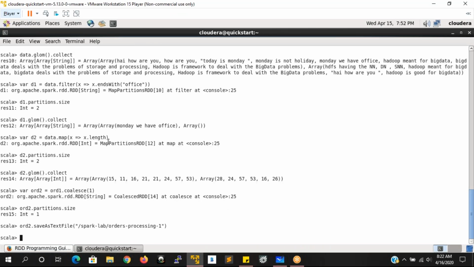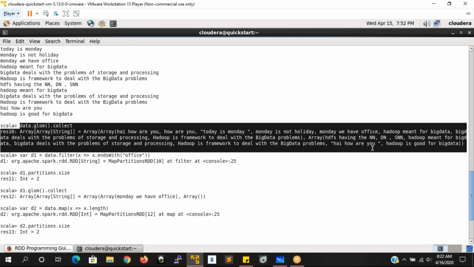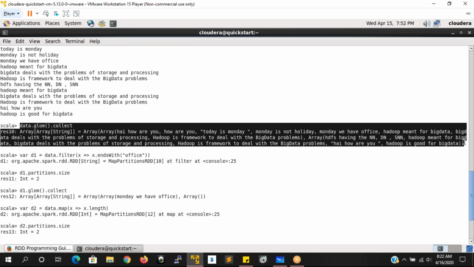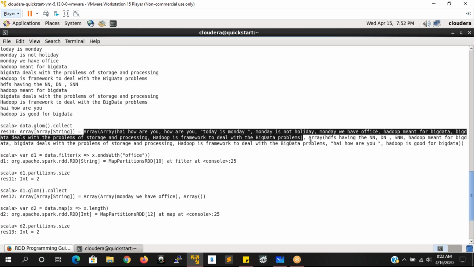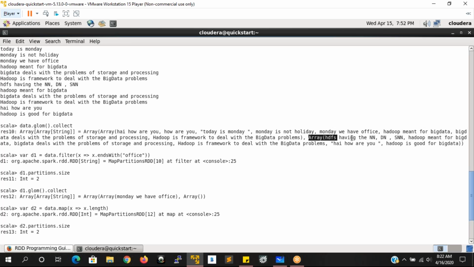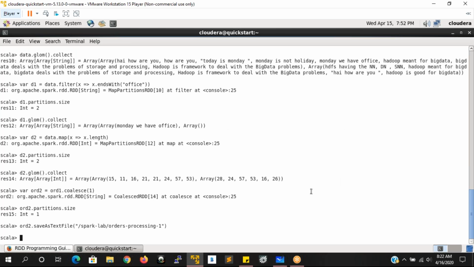If you see here, I have applied data.glom, and this is the data that I am having. In the first partition of the data, I have this information. In the second partition of the data, I have this information. Now what I am trying to do is increase the number of partitions here.